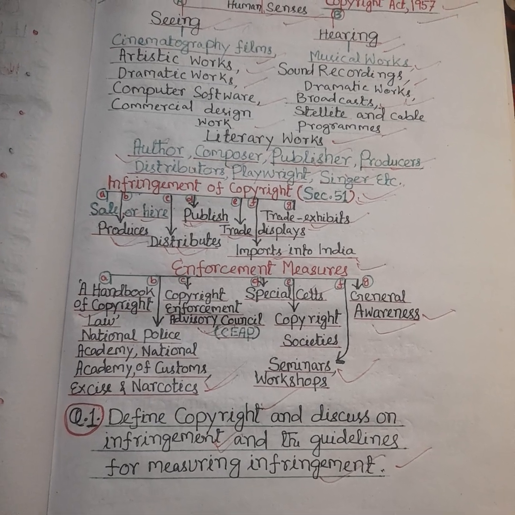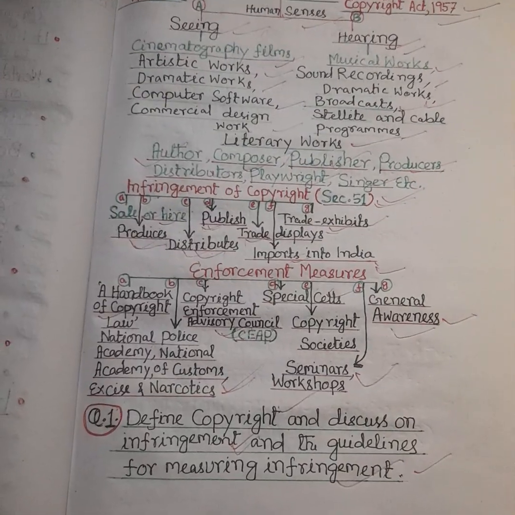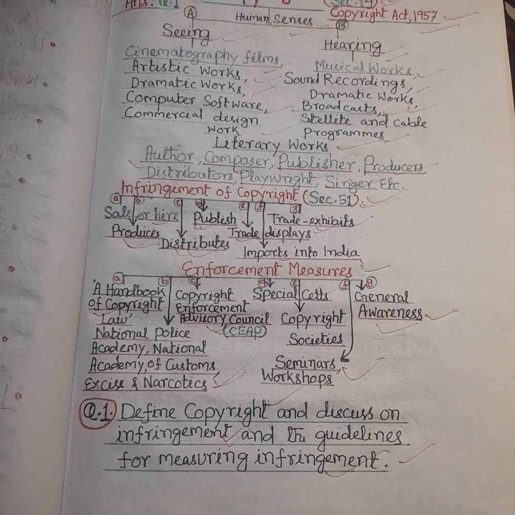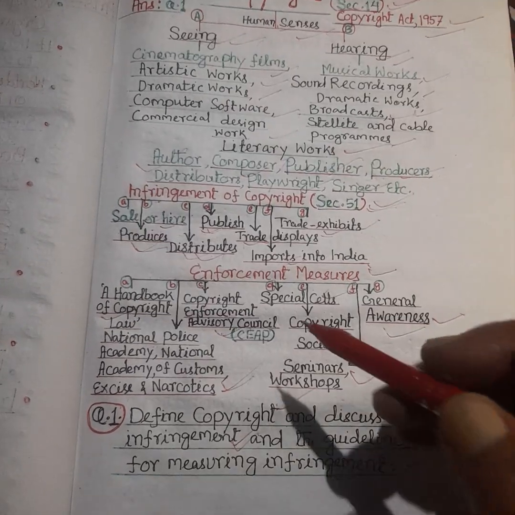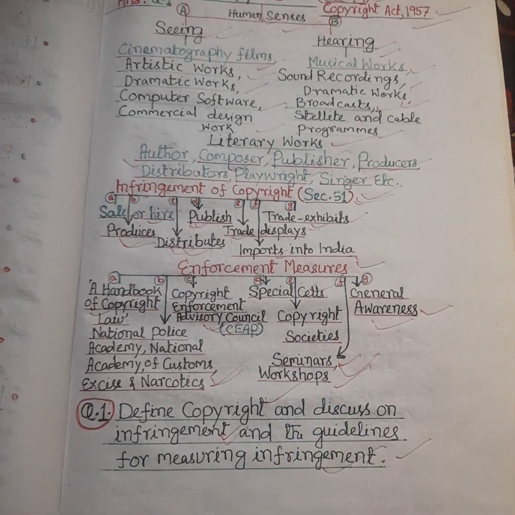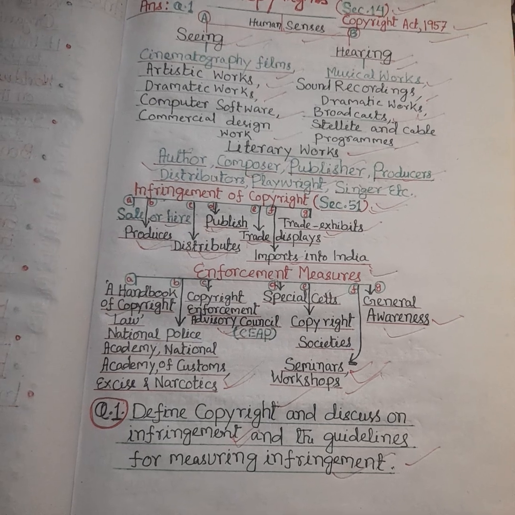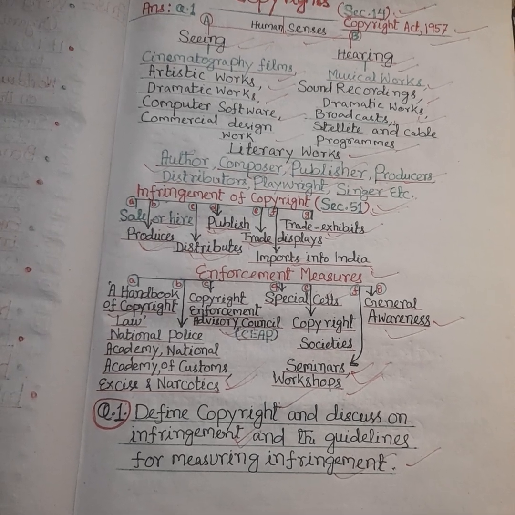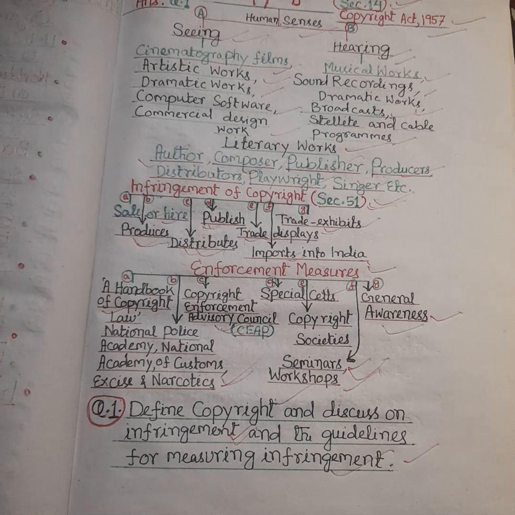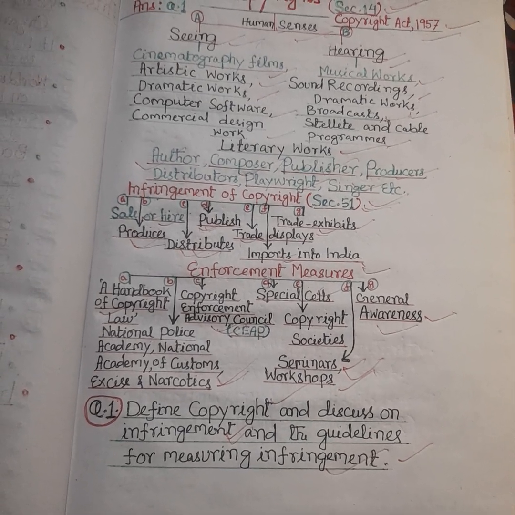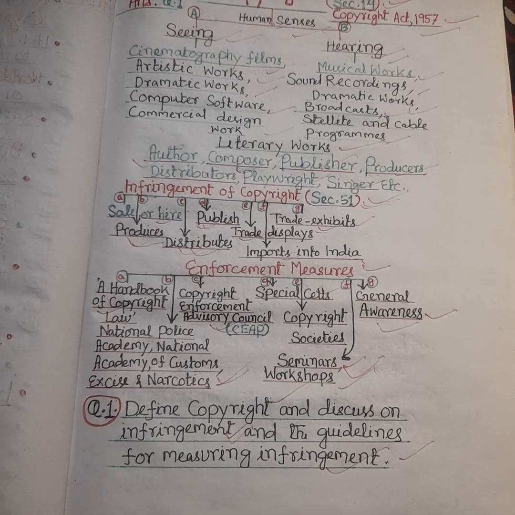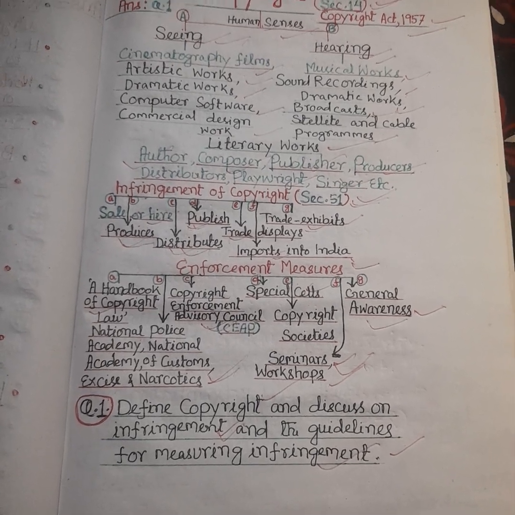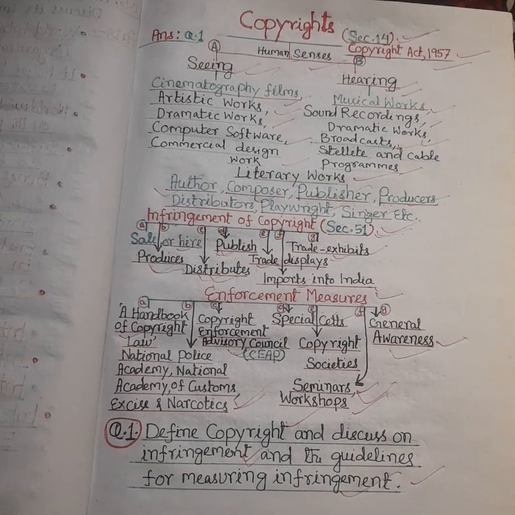And the third such copyright society is the Phonographic Performance Limited for sound recordings, and also the holding of regular seminars and workshops on copyright, and lastly creation of general awareness under the authority of government in different educational institutions regarding intellectual property rights, of which the Copyright Act of 1957 is an integral part